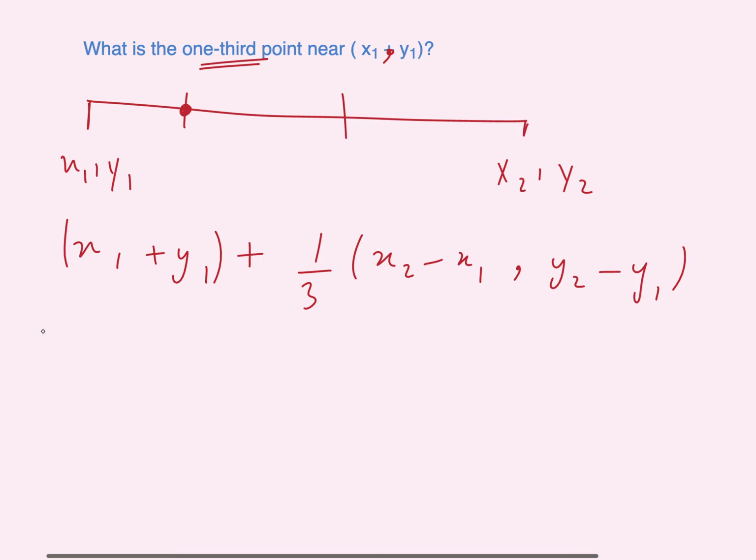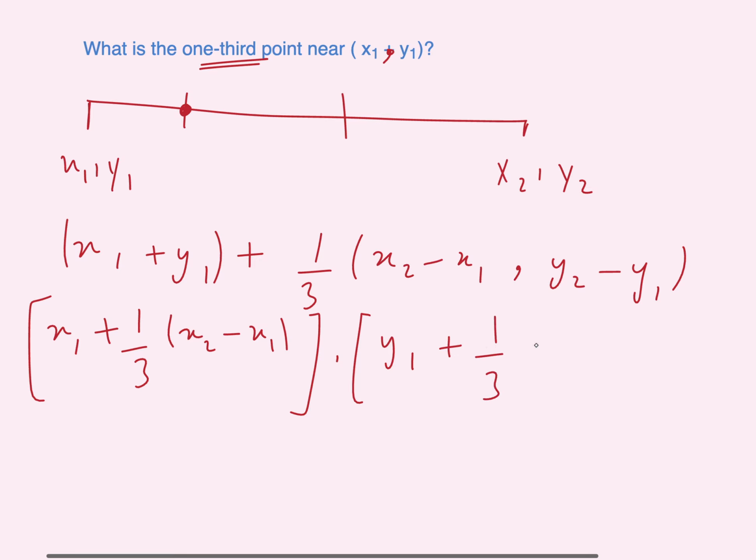Let's combine all the x terms together. That would be x1 plus 1/3 (x2 minus x1). This is my first term, and the other would be y1 plus 1/3 (y2 minus y1), with parentheses to avoid confusion. If I open the bracket, that will be (3x1 plus x2 minus x1) over 3, and the other one would be